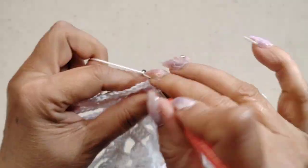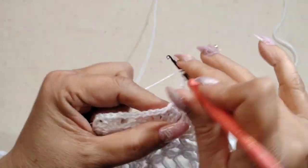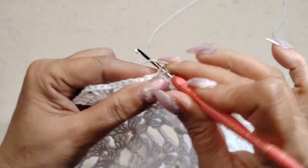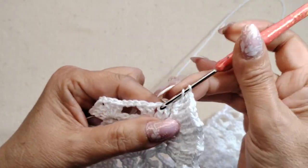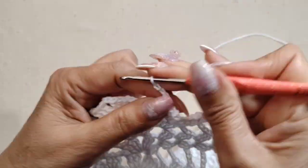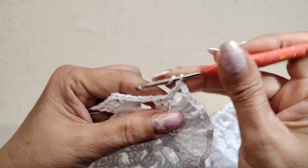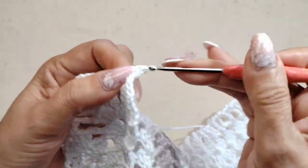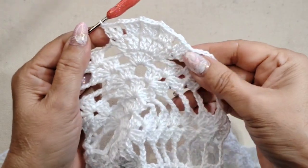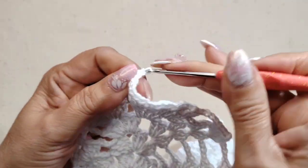On the second one, 1 double crochet, 2 chain, first double crochet with 2 double crochet on the same stitch, and on the second one, 1 double crochet, chain 2. On my last one again, 2 double crochets, and 1 on my last one. So now we have groups of 1, 2, 3, 4, 5 groups of 3 double crochet, chain 3,